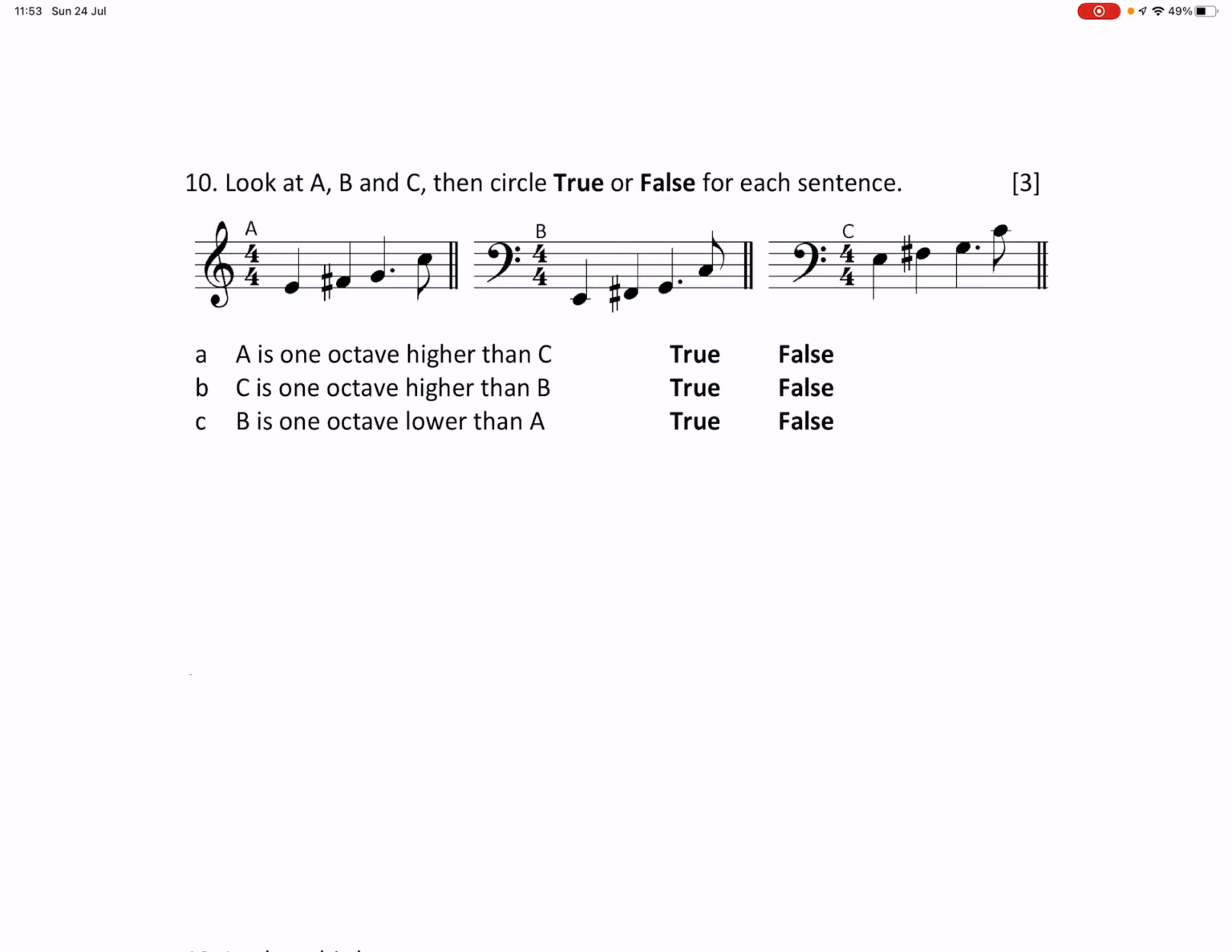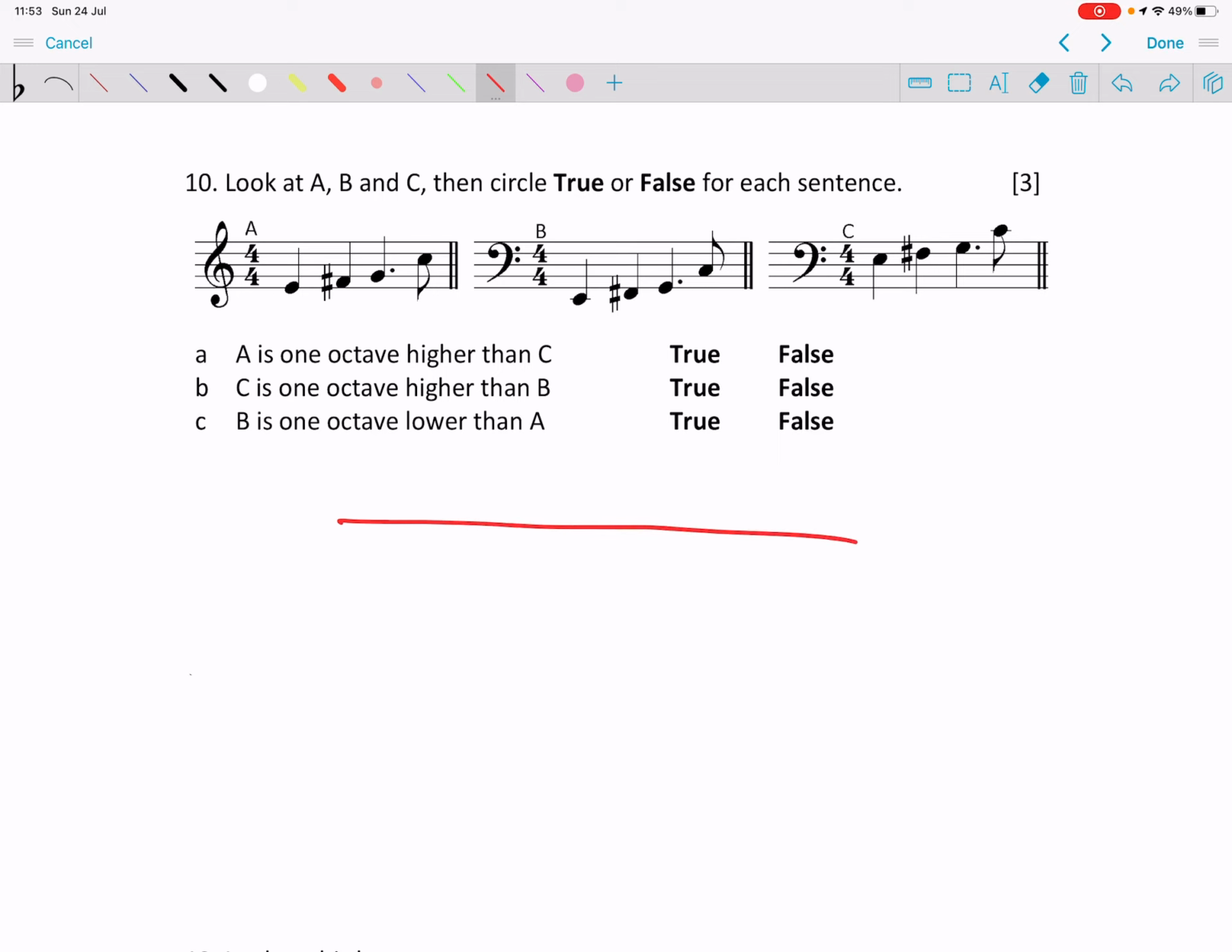Grade 3, question 10. Questions 10, 11 and 12 all use the grand stave, and the grand stave is a really helpful tool for you to be able to answer these questions correctly every time. So question 10, first of all we're going to ignore the question and we are going to draw out our